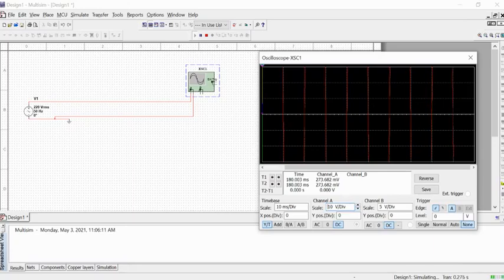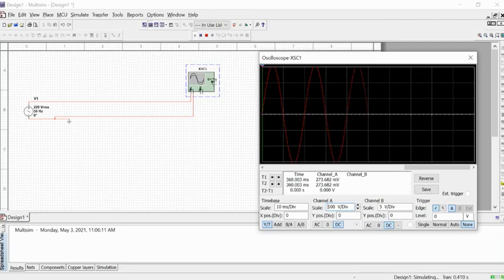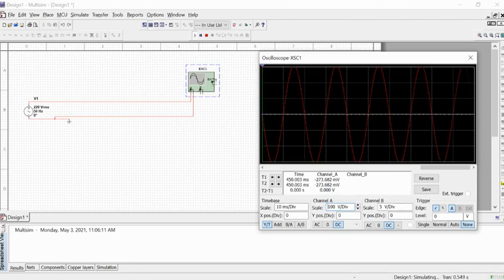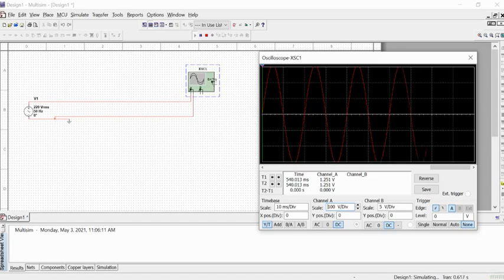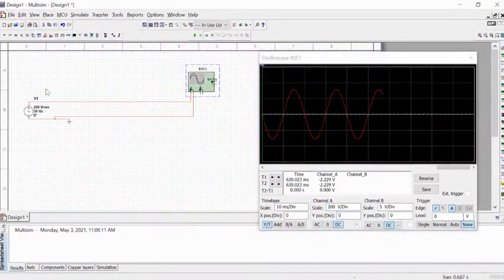I'm making it 10, 20, 50, 100. So you can see this one division box is showing 50 volt. So it means from the mean point to here is 50 volt, and another box is representing 100 volt, and so on. I'm setting it to 100 volt, so this one box represents 100 volt per division. So like that you can adjust it any way you want according to your requirement. You can stop the circuit anytime by clicking this. Now you can see this is the voltage waveform which we are getting from this AC source.